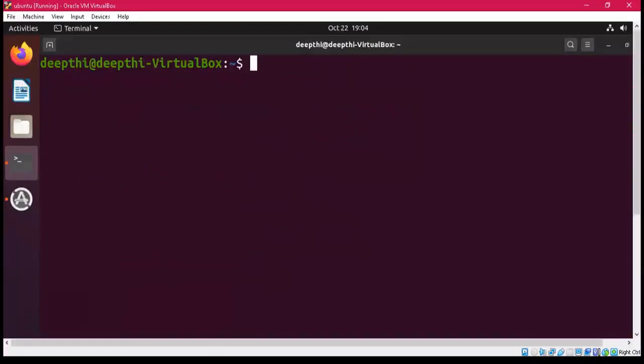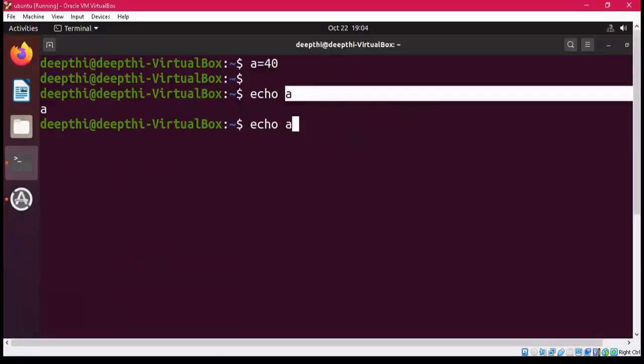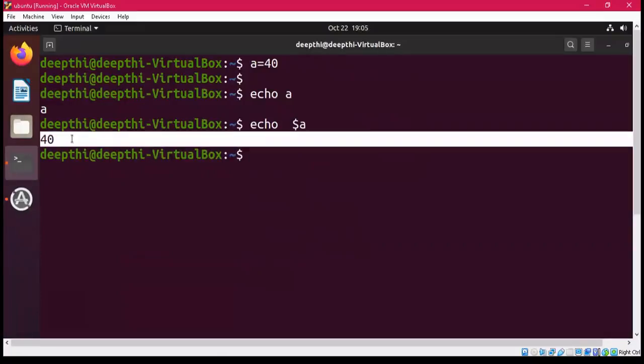Now let's come back to displaying the result of a variable. Here we have seen it in the form of a string. But now I want to display the value of a variable which has some integer value or some float value instead of a string. Now I take a variable a in which I have stored, let's say, 40, and I want to display it. So simply if I write echo a, as I am telling you, it is not going to give you the output. It is simply going to display a. So for that, you have to use this dollar symbol before the variable name. And now you can see 40 has been displayed.